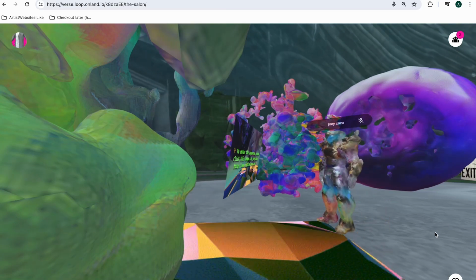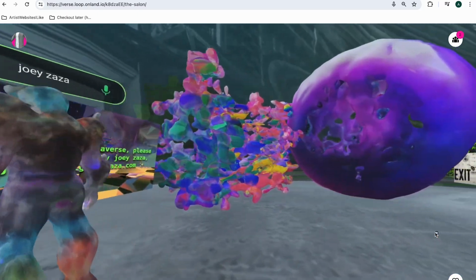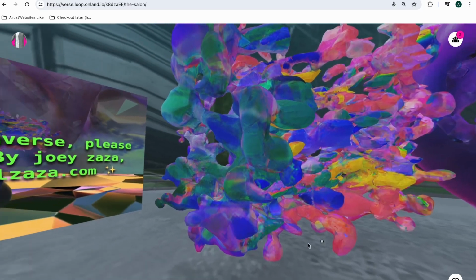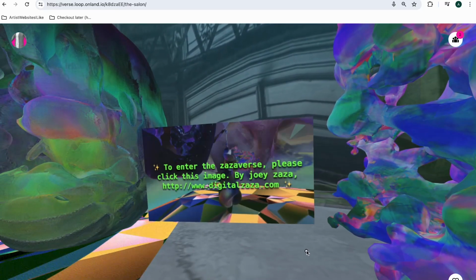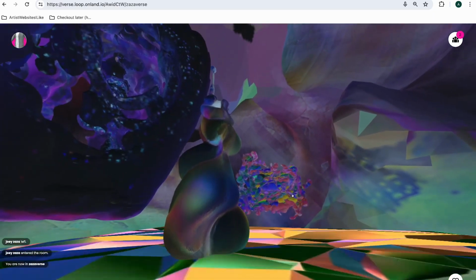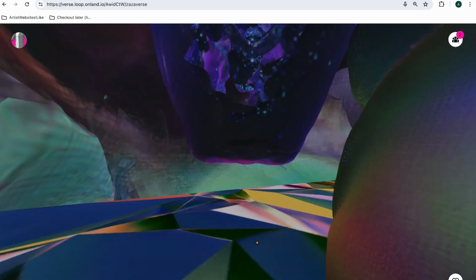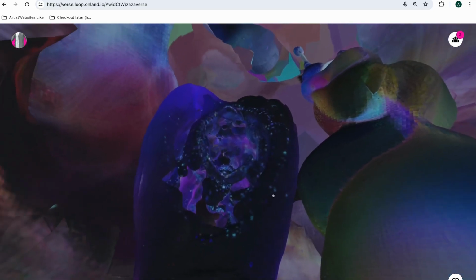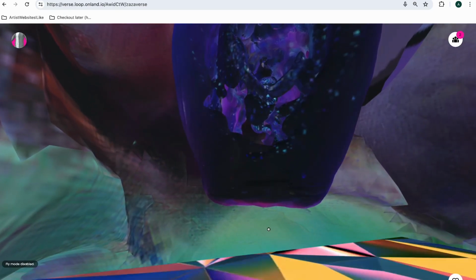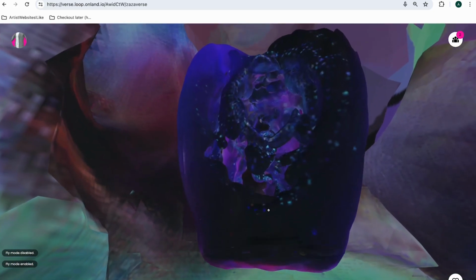Yeah, and maybe we might want to pop over to the Zazaverse by clicking on this link here. Sure. And we'll see. Our avatars might disappear. This space is cool. If you go over to that dark blue purple area, that's a cool area to go to. It's a bit of a distance, so it might take a couple seconds to go.